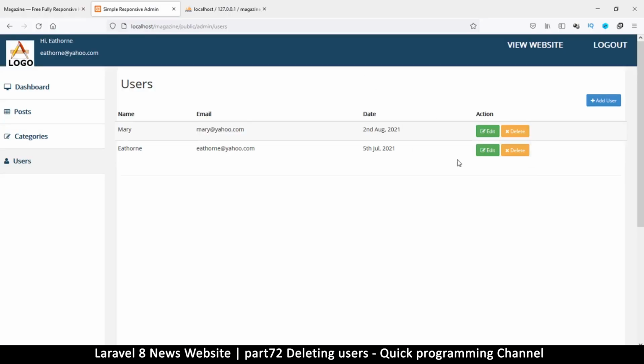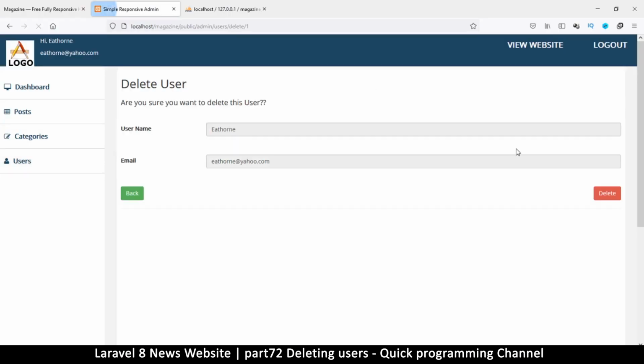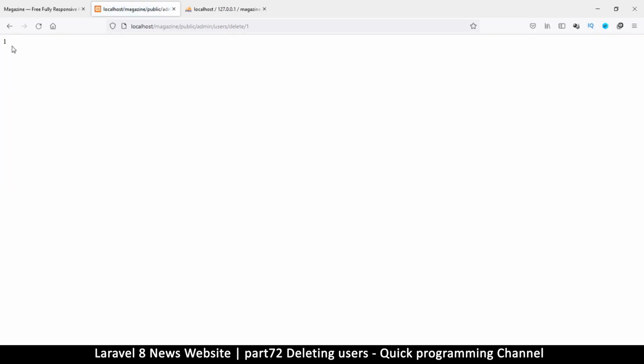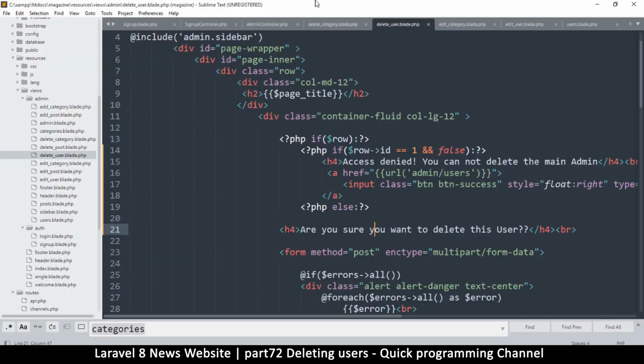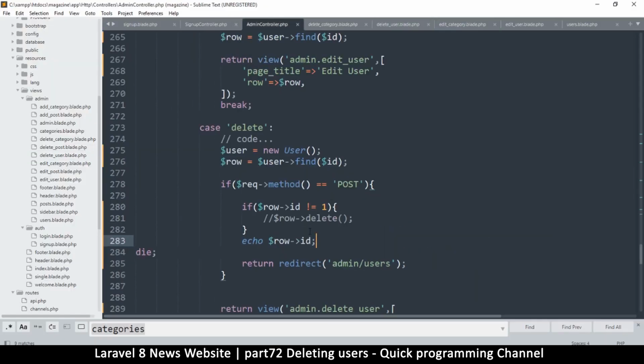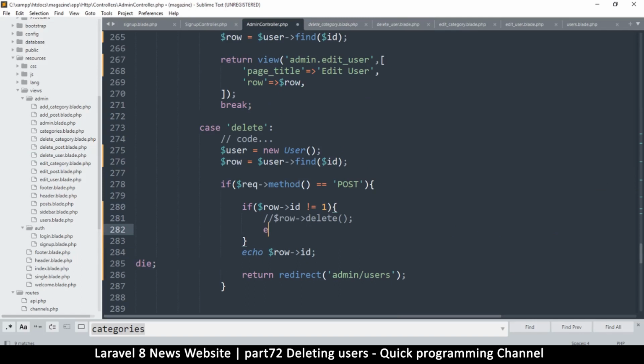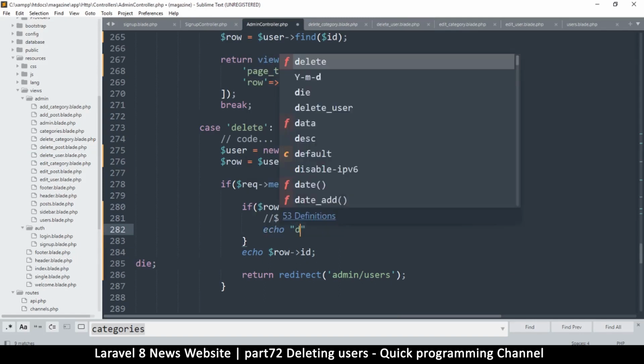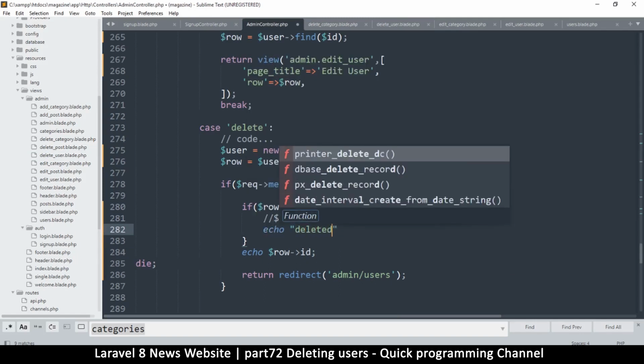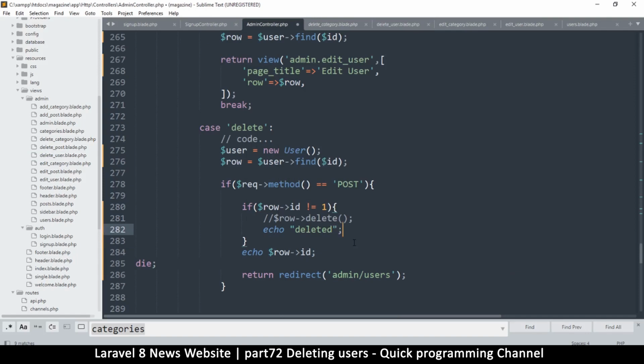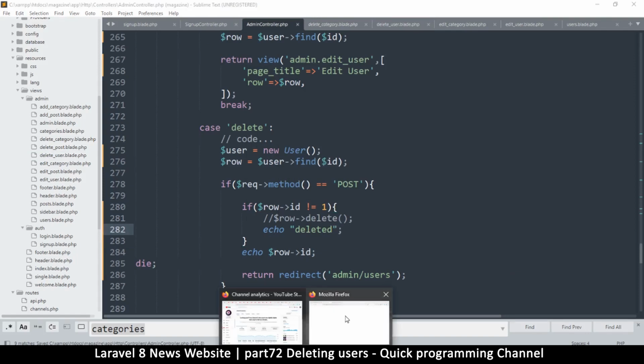Okay, pretty cool. So delete, this way we can have access to delete, and then I'll just click delete. So it tells me that the ID is 1 there, right? Good. So it means if it's not 1, that's when we'll pass through here. So instead of this, I want to echo out deleted,